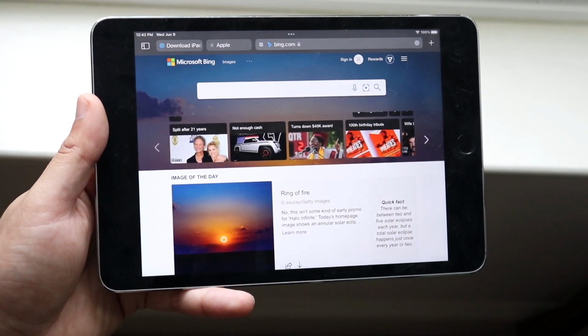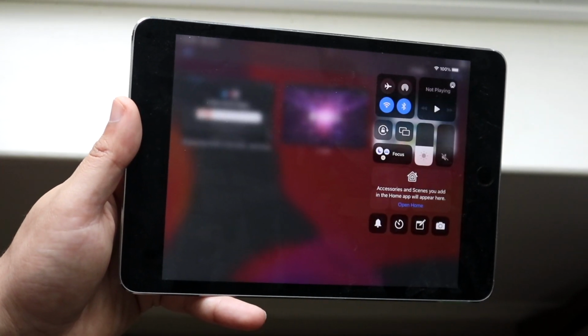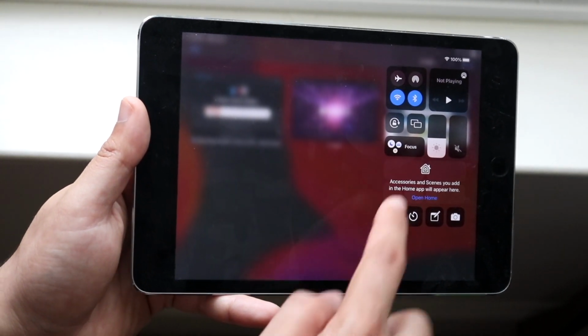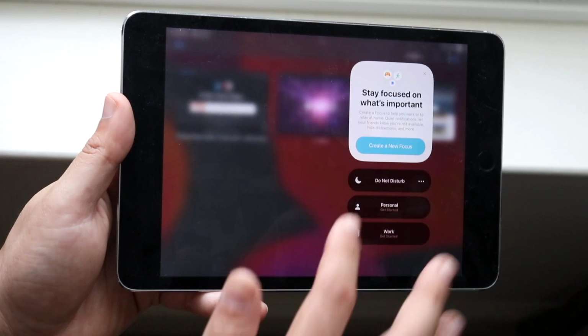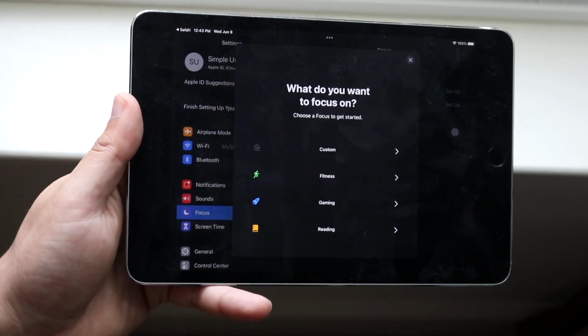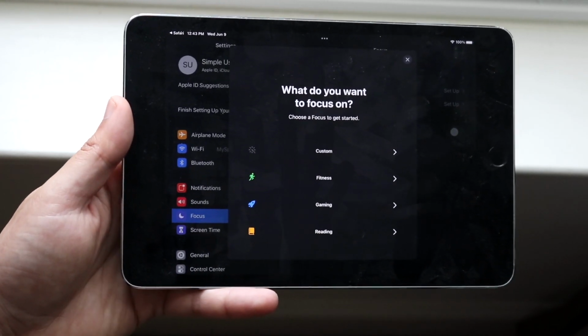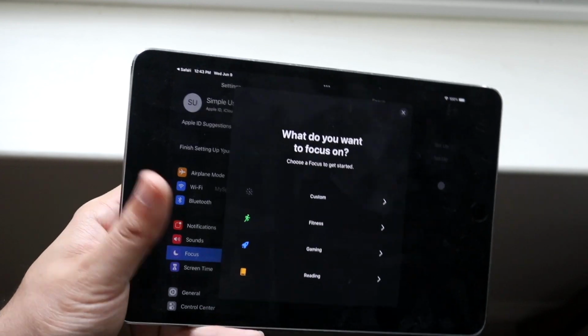And actually another thing we do have is focus mode. So hopping out of here, if I go and swipe down to the side right here, you can see we do have focus mode. So if I click on focus right here, we can go ahead and set up a new focus if we want to. I'm not going to do it for this video. Some people may like it, some people may not. I'm in the demographic where I'm not a huge fan of these type of things. I don't even use do not disturb or anything, but you have this type of new mode,